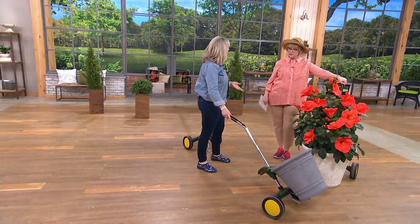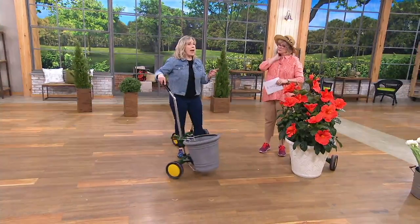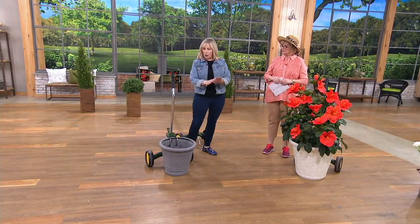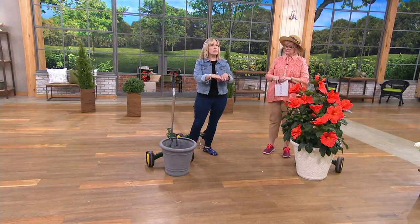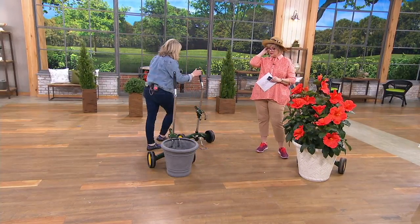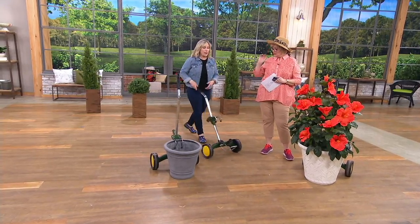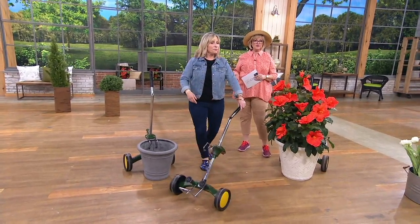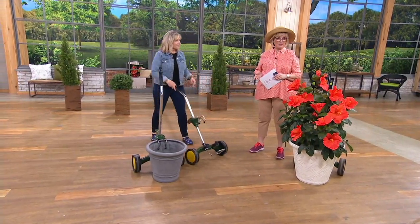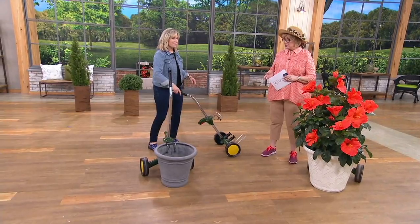Is there any assembly on this when I get it home? What do I have to do? There is assembly, and it takes less than 10 minutes, I think. Okay. They give you all the screws that you need, and it's super easy. And then you've got the freedom from then on to do whatever you want to do and move your plants wherever you want them. So this is a returning favorite from last year, which is when I bought mine. I know that a lot of people have these and love them and use them because nobody wants to either,